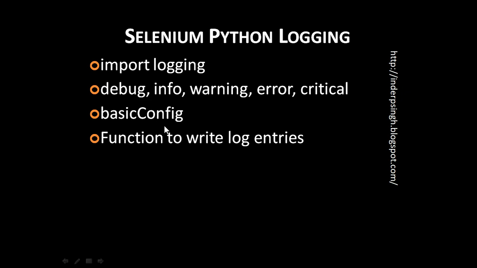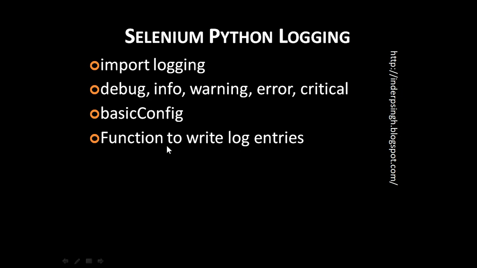Using logging.basicConfig, you can configure logging to log only certain levels, or you can specify a format, or you can specify the log file and so on. In this tutorial, I will write a Python Selenium logging function to log messages automatically. You will also see this function working for success and failure in a Selenium Python script. Now let us automate using Selenium WebDriver Python.